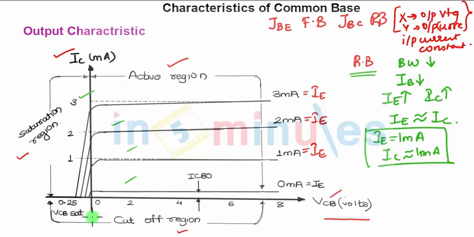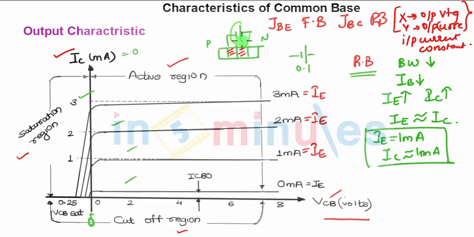Now, when you look at the graph, at VCB equal to 0, you are not getting the value of IC to be 0. IC should ideally be 0 at this point, but it is not 0. Why? Say VCB is 0.1, but because of the potential barrier on the NPN, here you have P, here you have N, and here you have the depletion region. So this is your depletion region and this is connected over here.